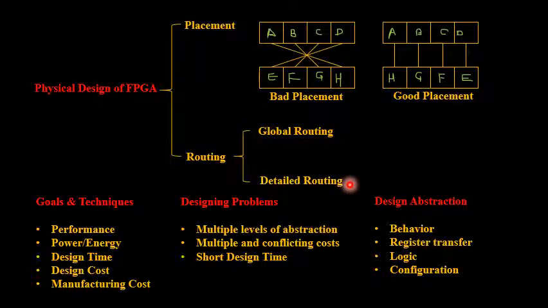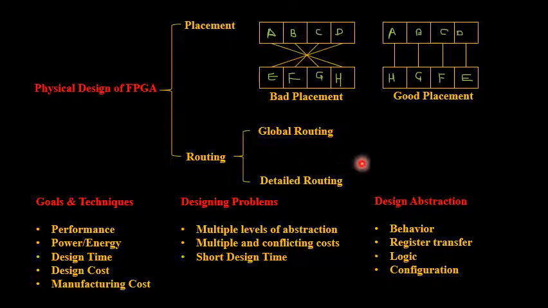So the metrics, just like what I told you here, you are going to concentrate upon the delay and all. Similarly here also, the metrics you are going to take into consideration in routing will be wire length as well as delay. The wire length approximates the utilization of the routing resources. The delay may be measured by looking at the delay on paths with the largest number of levels of logic, or by looking at the nets whose delay is close to the maximum allowed value. So you can make a decision upon the delay concept.